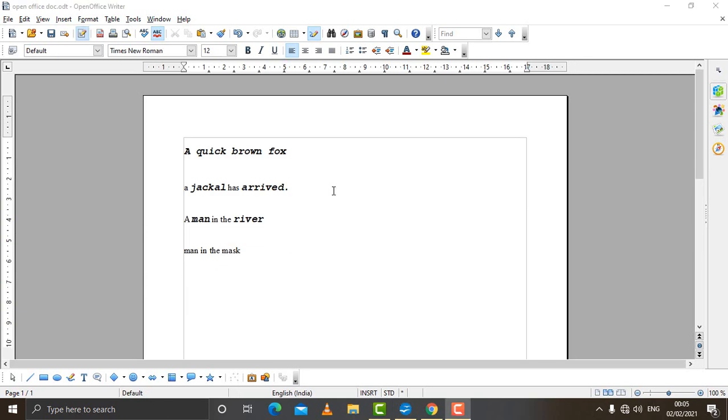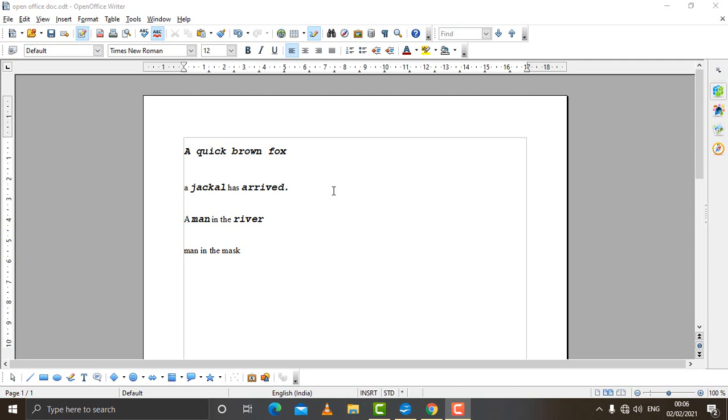Okay, so the next thing which we can create is a table of contents. In OpenOffice Writer we can create a table of contents. In simple language we can say index. You all have books and copies. In a book you must have seen when you open up the pages, it has contents which show the topics and the page numbers where those topics are.